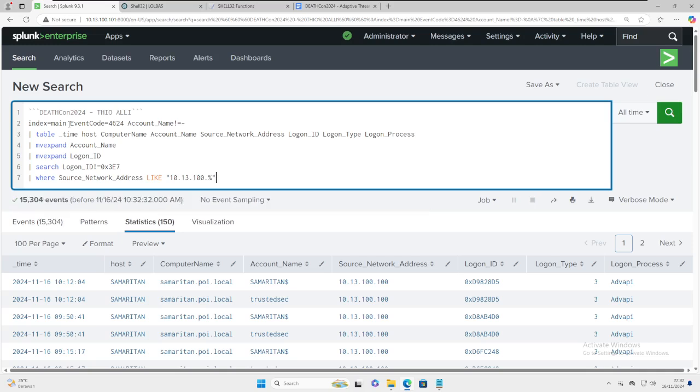I use the where command with the value 10.13.100%, where the percent sign is the wildcard for the where command, so it will gather all of the fourth octet IPs.